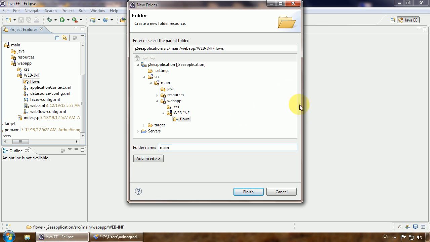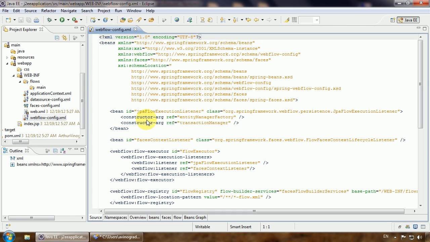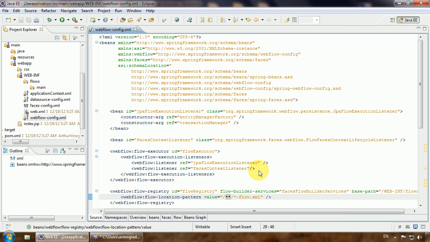So type in main, because we remember the pattern we gave to our configuration that flows will be stored in the exact structure. Here you see the folder with flow name, then the flow XML definition,